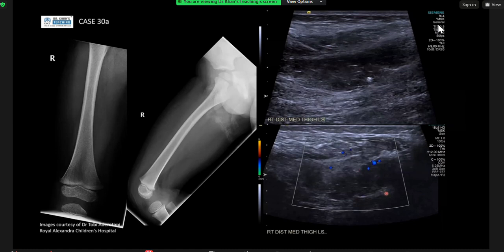Some papers say you can get a bit of arterial flow, but generally they are really slow flow. So you've got to turn your Doppler settings down or use power Doppler to even pick up a little bit of flow. And the giveaway sign is the phleboliths within it, to suggest that it's very low flow. The reason why I mentioned the history is because if it's a venous one, often you get